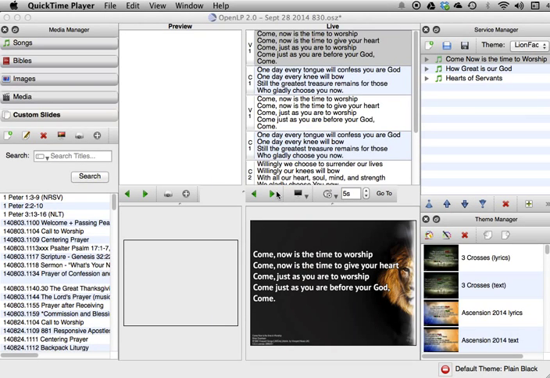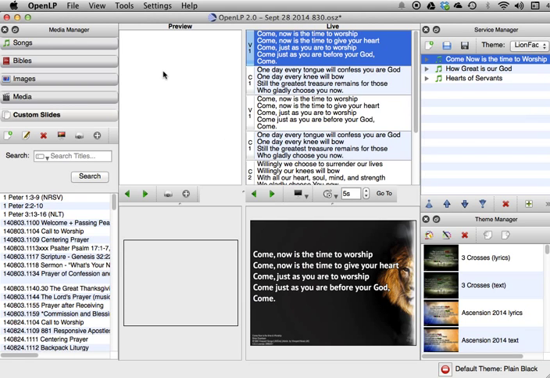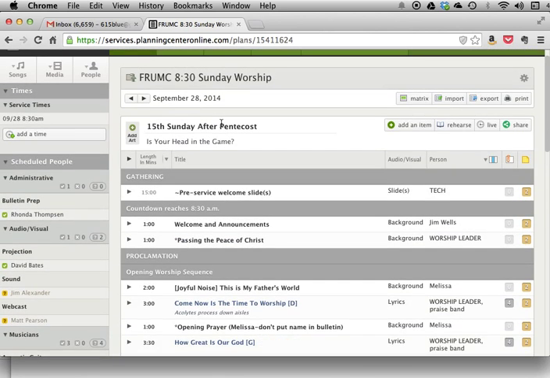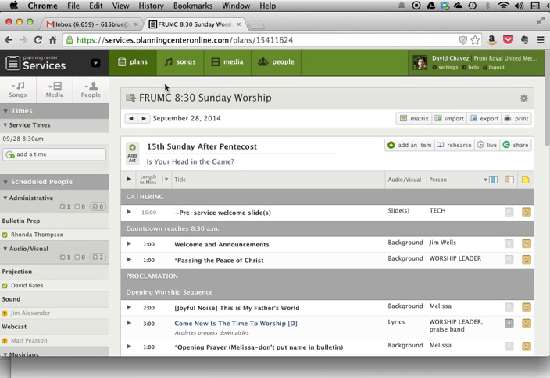Okay, in this tutorial I'm going to show you how to add a new custom slide in OpenLP. We use custom slides in our church for Bible translations where we have some specific verses the pastor has picked from a specific translation that's not already in OpenLP, and for other kinds of one-time use prayers and that sort of thing. So we've got our service already planned in Planning Center, which we use at our church to plan